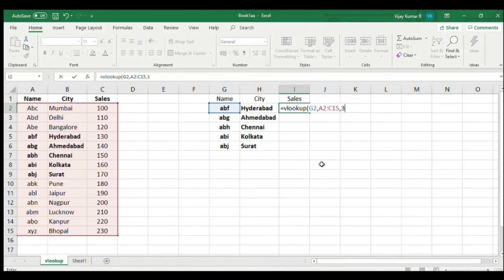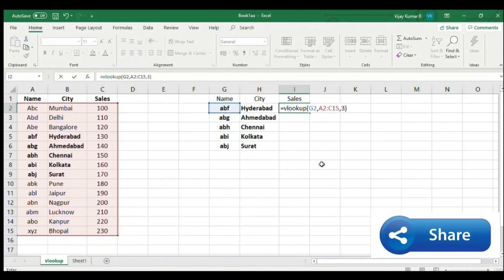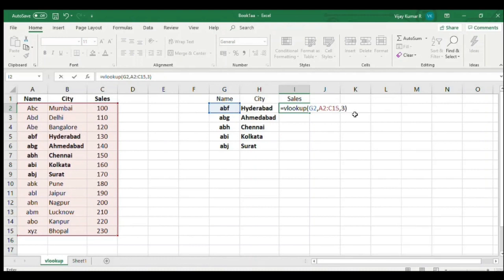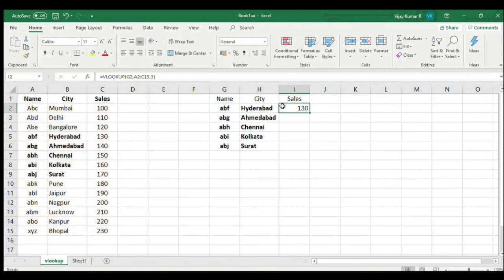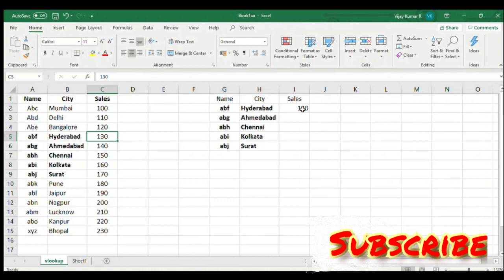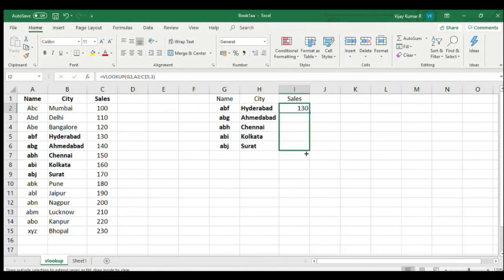Sales is in the third column, so I will select till the third column. I put a comma and now instead of 2 I put 3, because I'm selecting the first 3 columns. Close the bracket and press enter. It will give you the search result. So for this employee ABF, the city is Hyderabad and the sales is 130. If you match it with the raw data, the numbers and the city should match.